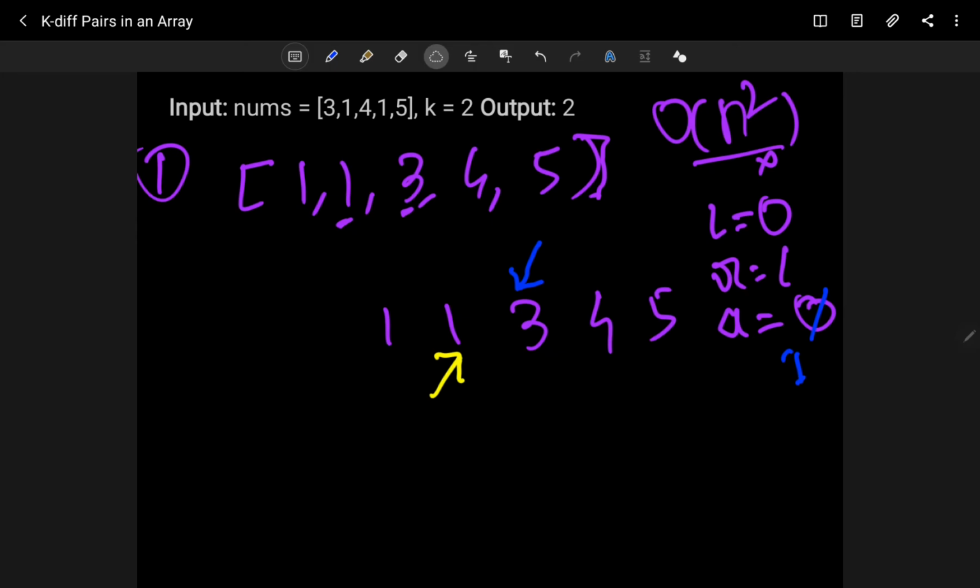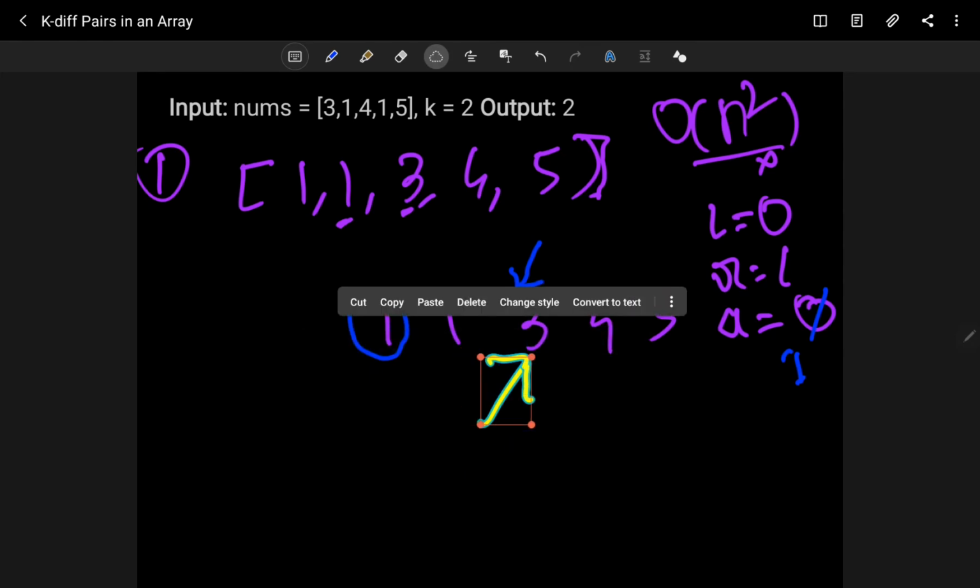So we should not consider this pair 1 and 3. So whenever I increment my left side counter, I will check whether it is equal to my previous value. My previous value is 1, right? So is it equal? Okay, I can see both are equal. That means this number is a duplicate. We should ignore this because we already considered it. So again, whenever I see my earlier value and my current value for the left counter are the same, then we are going to increment our left counter to the next one. So it will now point to here.